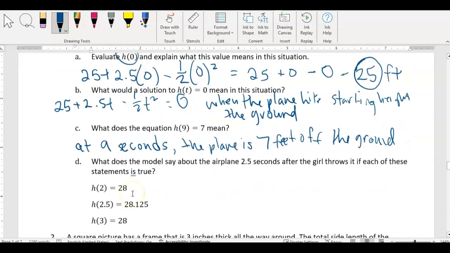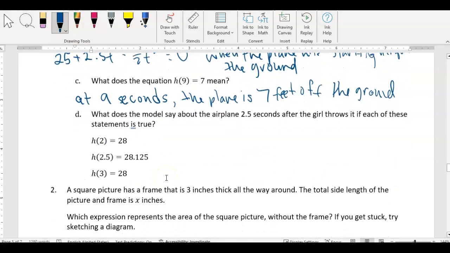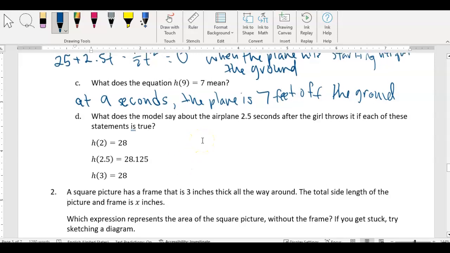D says, what does the model say about the airplane 2.5 seconds after the girl throws it if each of these statements are true? So if at 2 seconds it's 28 feet, at 2.5 seconds it's 28.125, and then at 3 seconds it's 28.5, what do you think that means at 2.5 seconds? So my estimate or my guess would be at 2.5 seconds,